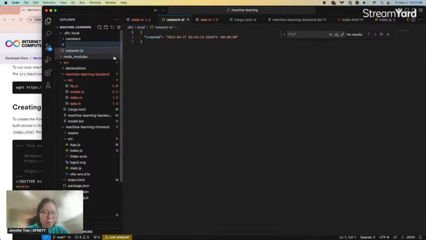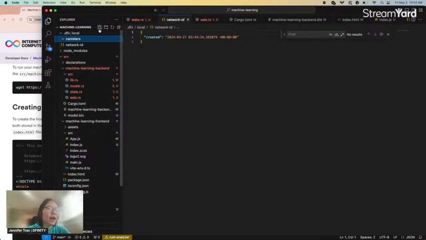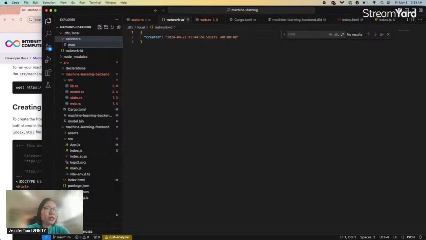So it says it needs this. Okay, in the canisters, it's saying it doesn't have this, so let me just add it manually. So it was machine learning front end.